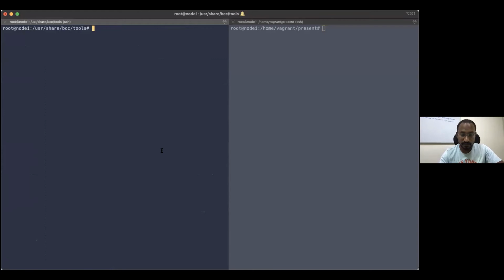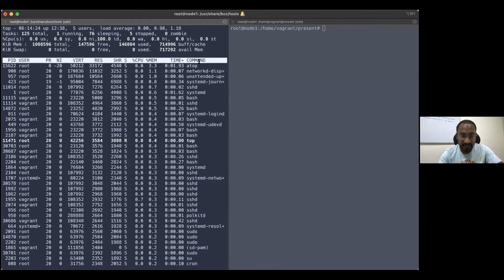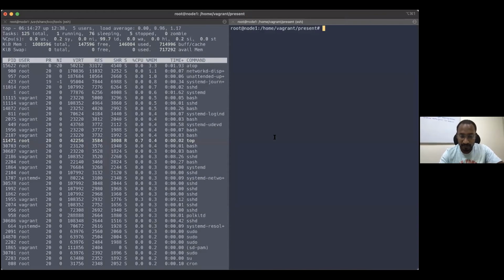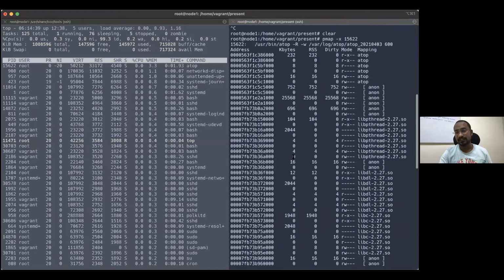Okay. So top command, I will go again, Shift+M. So let's take a top. pmap -x 15622. You can see here, right? pmap will show the total memory allocation, the memory address, how much is allocated for each memory address, what the RSS size is, and what dirty memory it has. So what are all loaded in the memory.